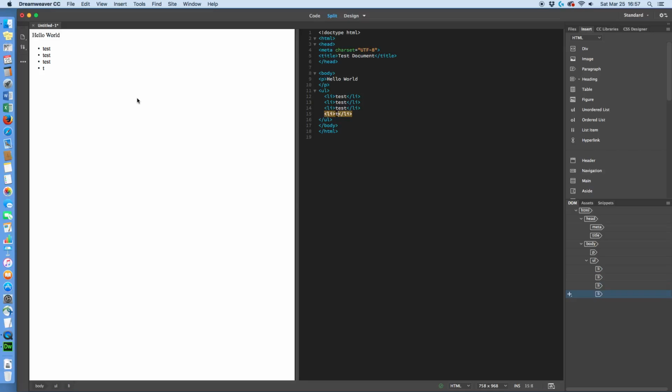Maybe this is only a test. As you can see, it's appeared in our code right here. Now, if we click anywhere in here, say highlight this test, it's highlighted over here in our code. The code window automatically inserted P for paragraph for hello world and closed the tag. And it included UL and end UL, which is unordered list, and then each list item with LI and close